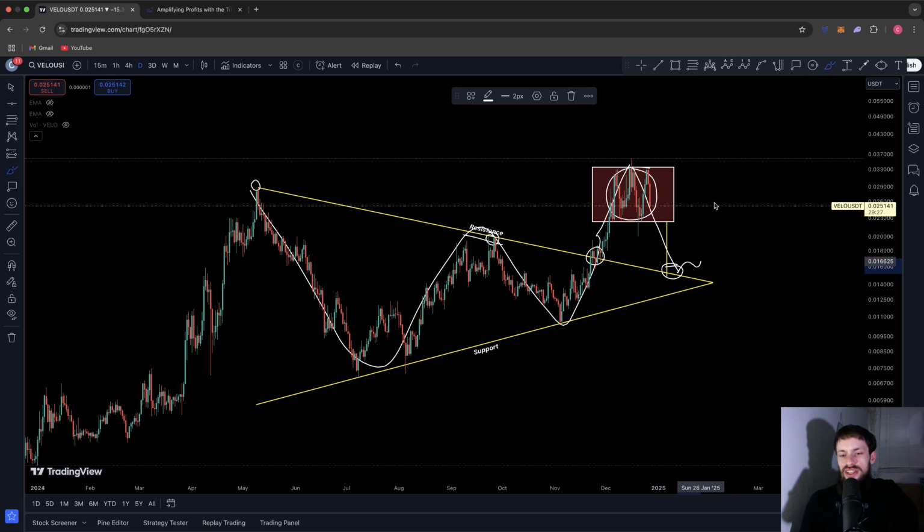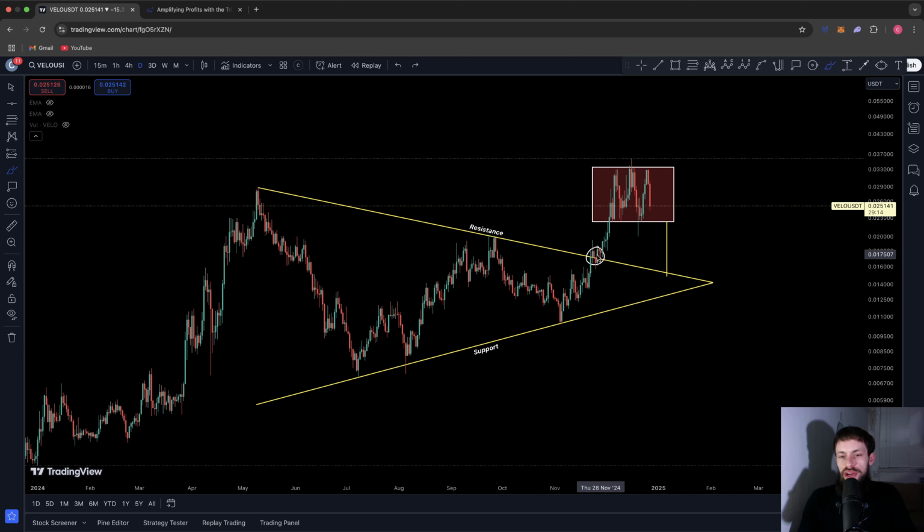If we do get that retest from the target, I think this is where leading into Q1 of 2025, things could get very fruitful for VELO when we start pushing on to higher targets. But right now it does look like potentially, because we've had the breakout, we've put in this impulsive move, we've got the triple top. If we lose 0.022 and start seeing closes below that on the daily time frame,